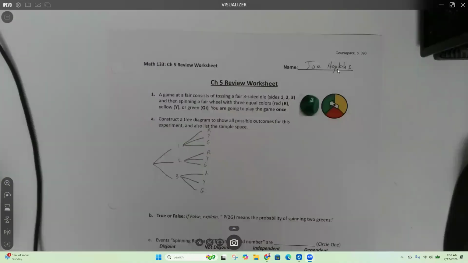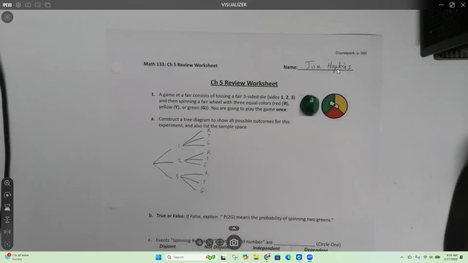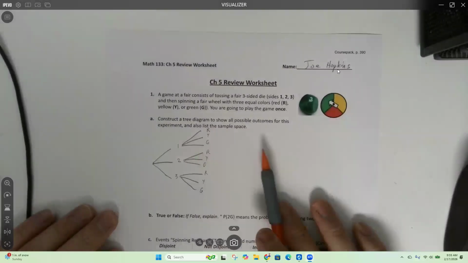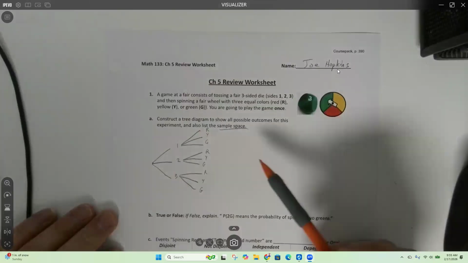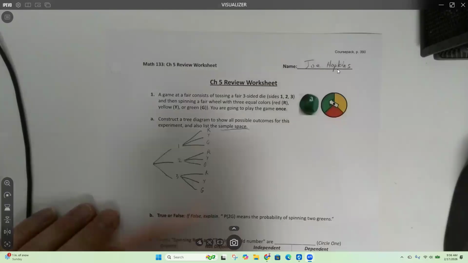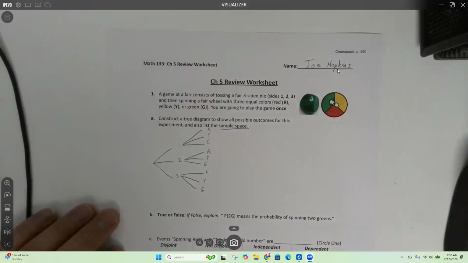This helps us when we are looking at probability where there's multiple steps, like if I roll the die twice, or if I draw two cards from a deck, or two independent things happening. To list out the sample space, though, the sample space is different from the tree diagram. The sample space is all possibilities for the whole game. This game that we're playing, you have to do two things. You have to roll the die and spin the spinner.